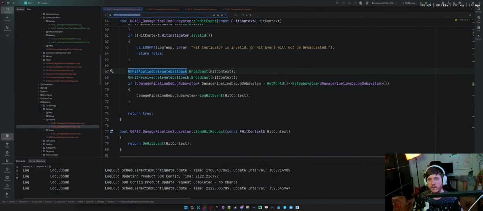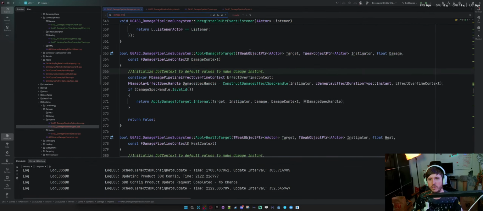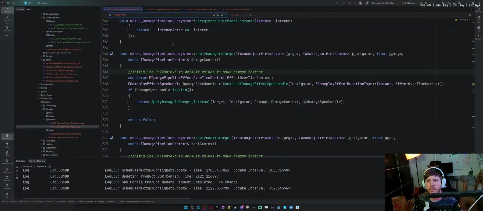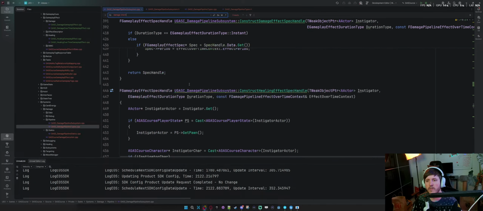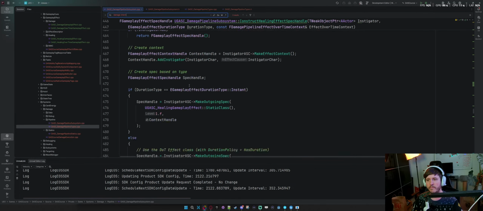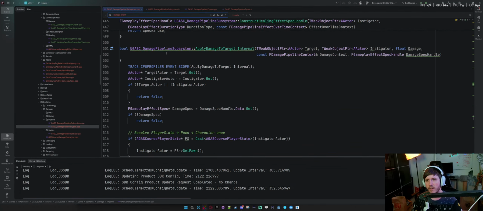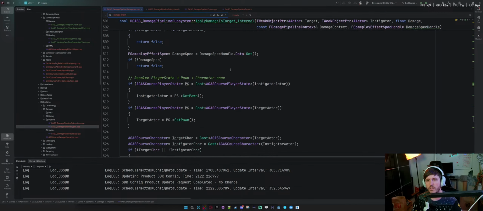So let's look at damage internal, right? Yeah, apply damage to target internal, right?